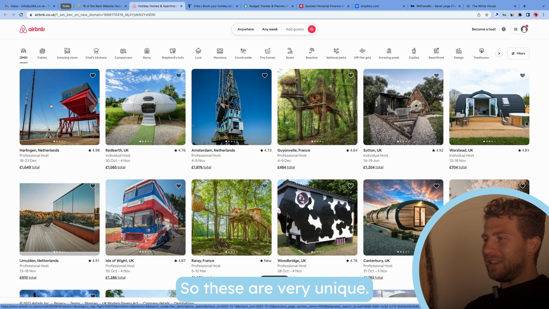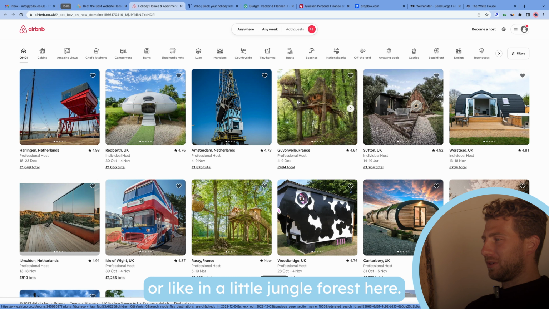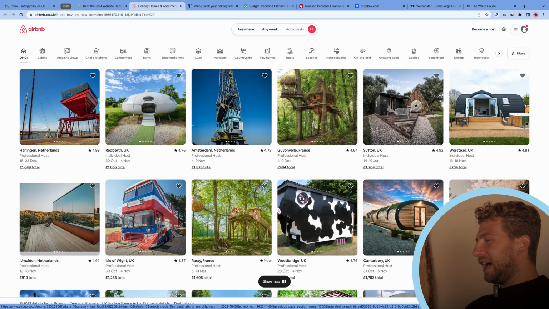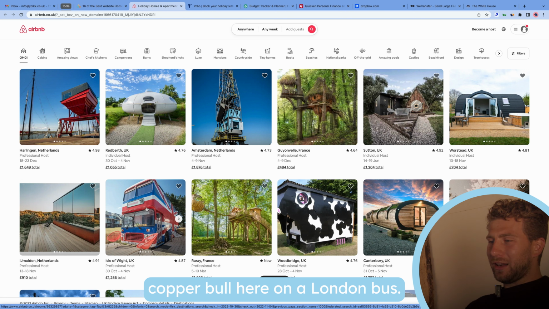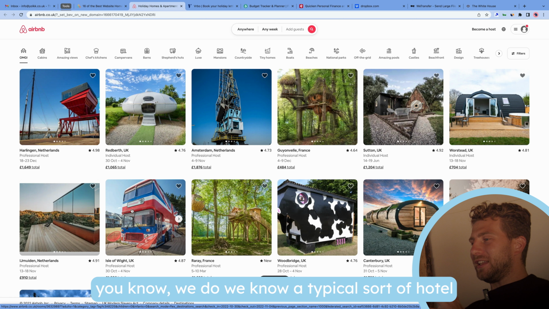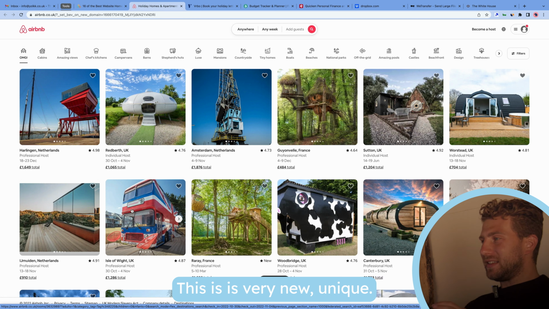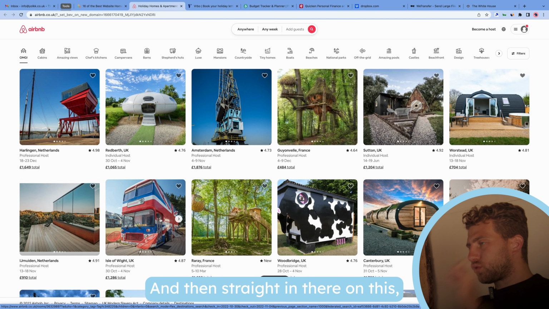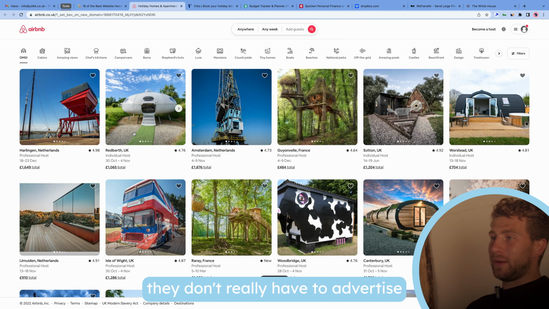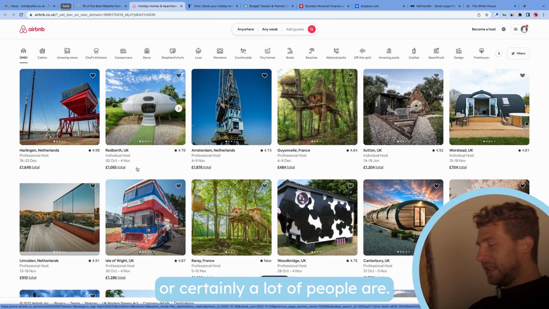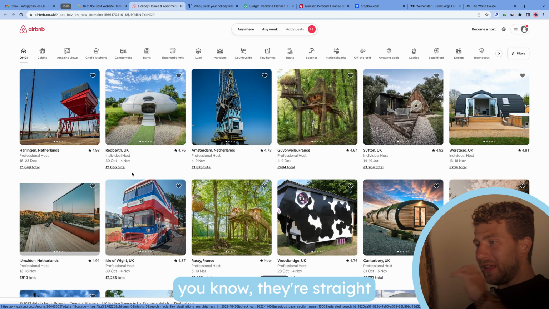So these are very unique, stay on a crane, it looks like here, or at a port, or in a spaceship, or like in a little jungle forest here. They're on this sort of football copper ball here, on a London bus. Basically, they're saying that we're not a typical sort of hotel, come and stay at us and get food every evening. This is very unique, and they're straight in there on this. They don't really have to advertise their brand name anymore. Most people are familiar with Airbnb, or certainly a lot of people are, and consequently, they're straight into trying to